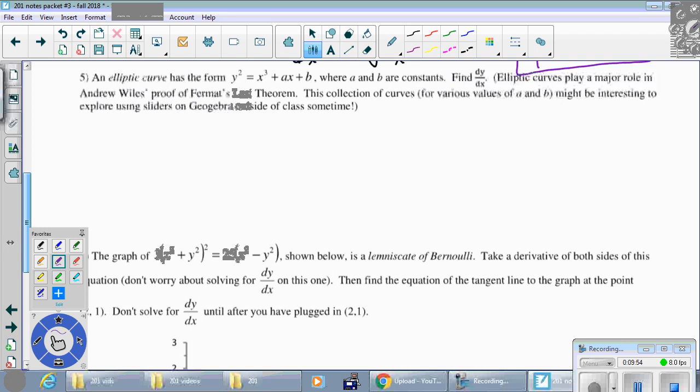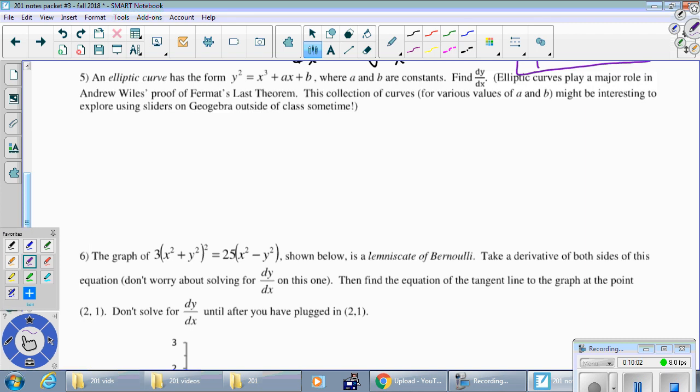Okay, elliptic curve has this form. We're going to find dy dx. There's a little historical note you can take a look at if you're interested. Fermat's last theorem is one of the most famous theorems in mathematics. So let's see if we can